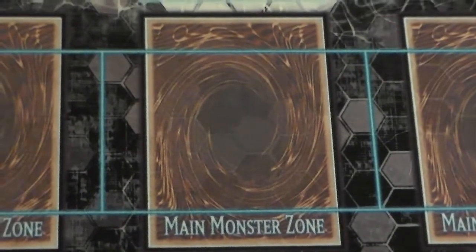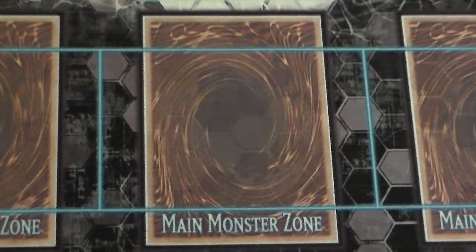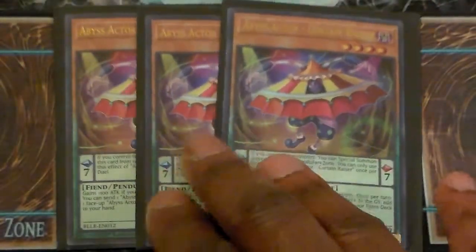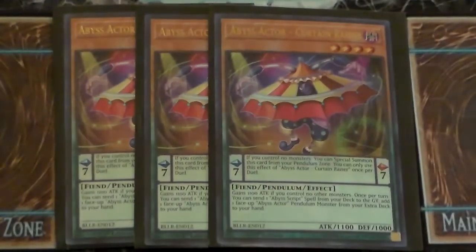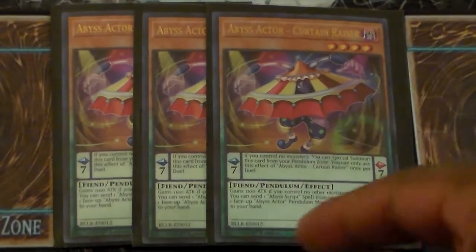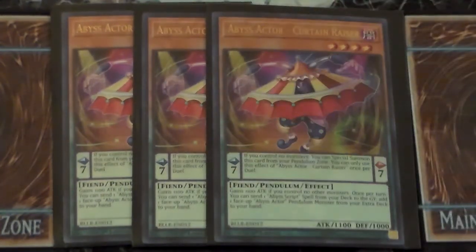For the new stuff, this is actually more of a high-speed build. It's not a demise build like you guys are probably used to. So I've added 3 Ibis Actor Curtain Raiser, just because it actually gets in the links a little bit faster. It's a 7 scale. The scale effect's the most important thing, because when you do scale it, if you control no monsters, you can actually special summon this out of the scale, just like it's the Cyber Dragon, which is